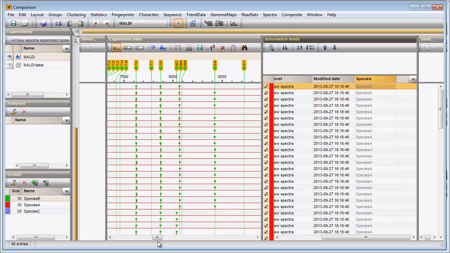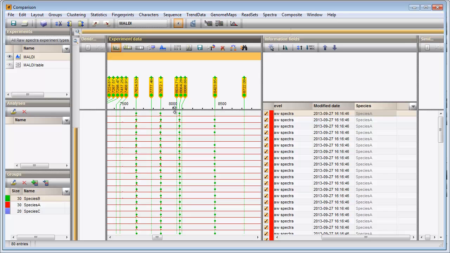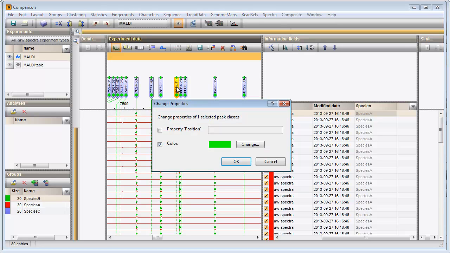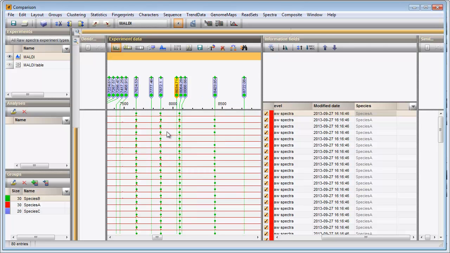Peak classes are by default shown as green lines on the patterns. Peak class labels are listed on top of the image. When selecting a peak class label, the label is highlighted. Double-clicking a label opens a new dialog where the name and color can be changed. Peaks that are linked to a class are displayed with a green colored dot. With the zoom sliders I can zoom in on the image.